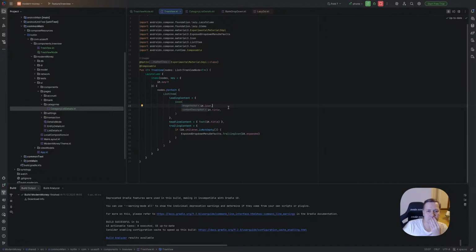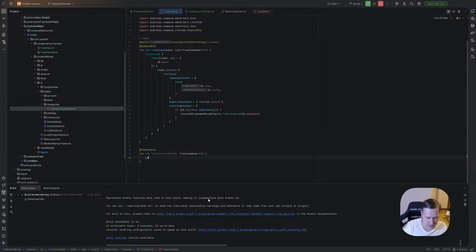Okay, in this case, what we can do, we have LazyColumn, yeah. So we can have fun TreeView item, and as item, it contains node, and it's TreeViewNode, and it's composable, of course.